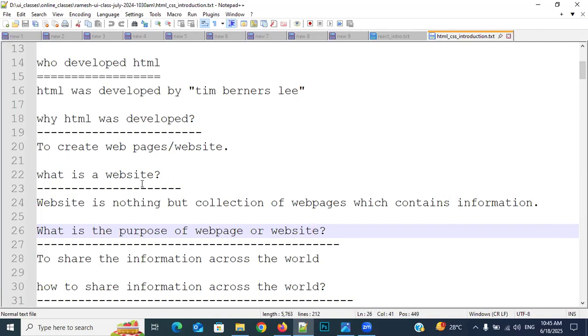But there should be some purpose. Tell me, what is the purpose of a website or web application? How the web application